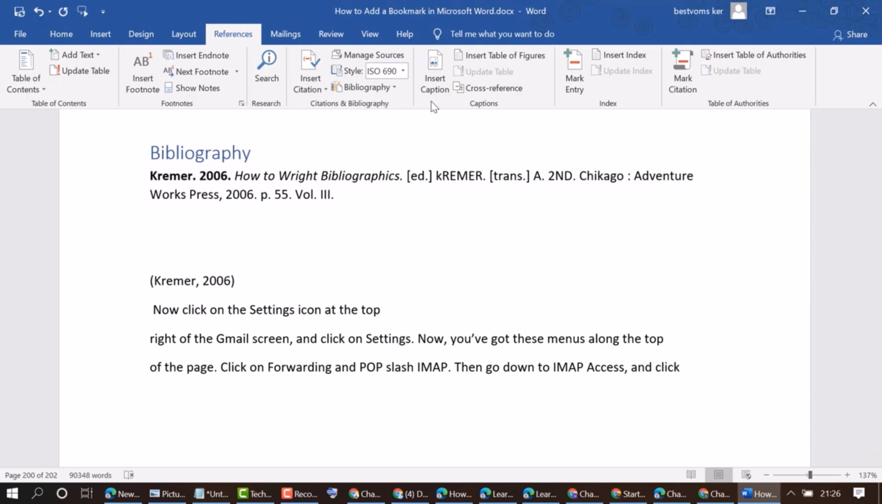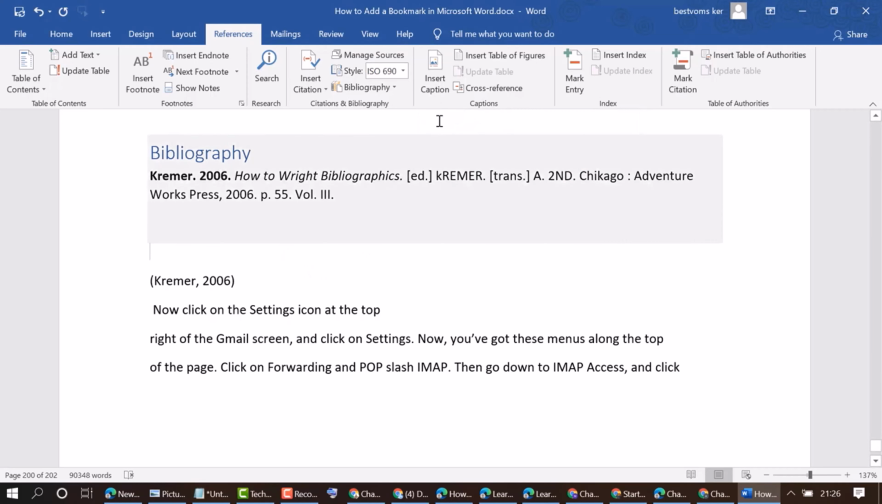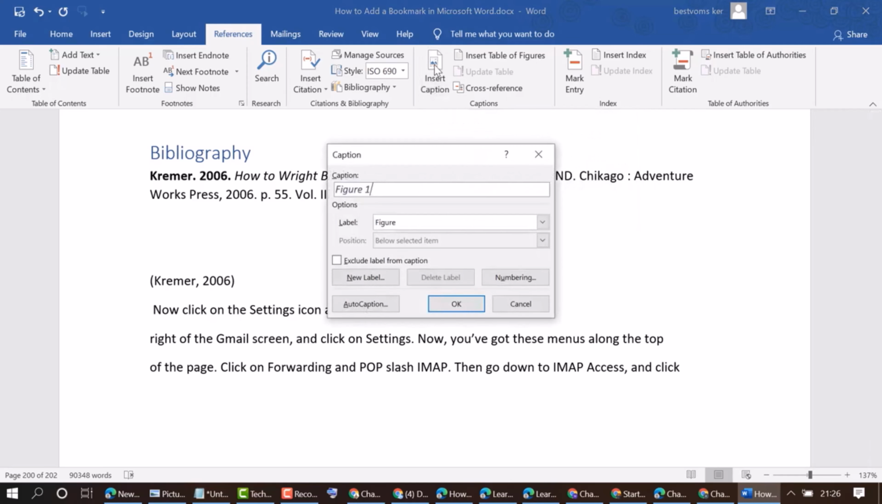Insert caption. Label your picture or object. Once you added a caption, you can reference your object anyway in your document by inserting a cross reference. So firstly, click here, add caption. So type